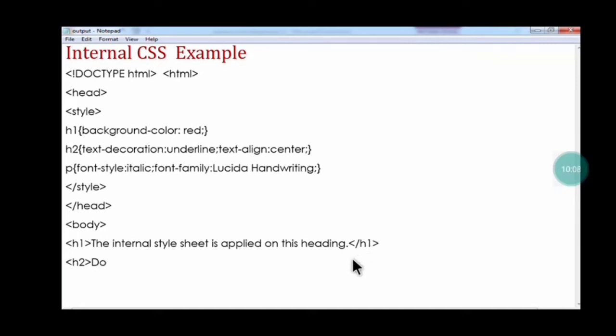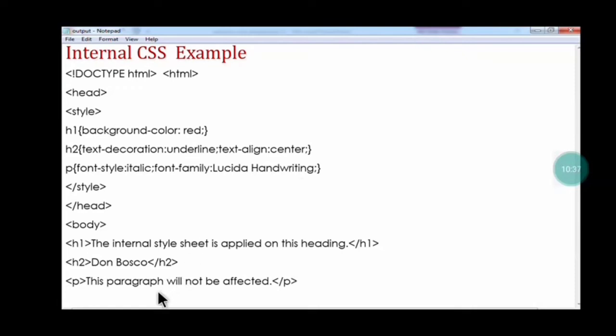Then h2, Don Bosco I have written. Here h2 I have created the style text-decoration underline and the align center. So your Don Bosco word will be displayed with the underline and it will go to the center of the page. Then third style I have created for the paragraph. Font style italic and font family Lucida Handwriting.